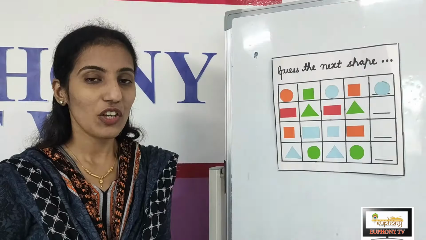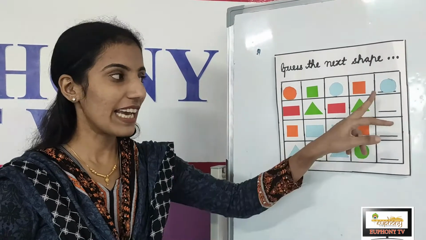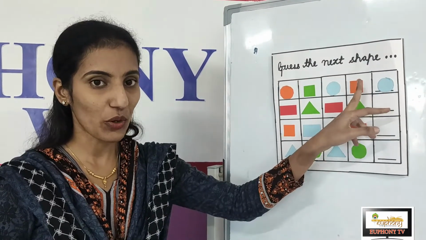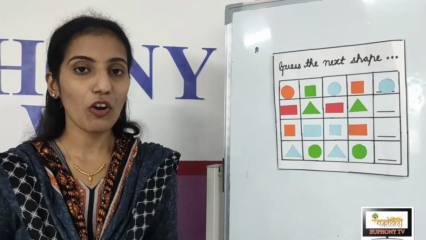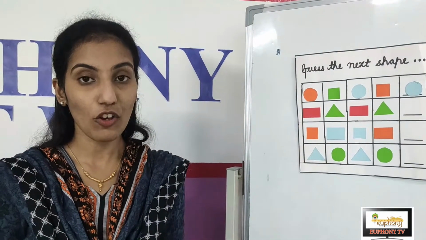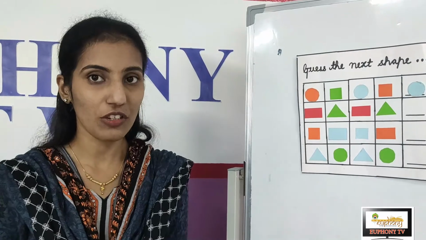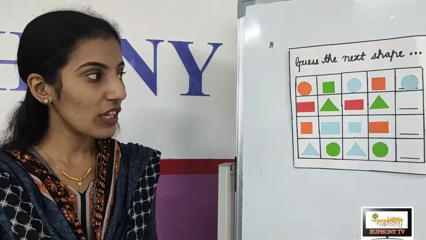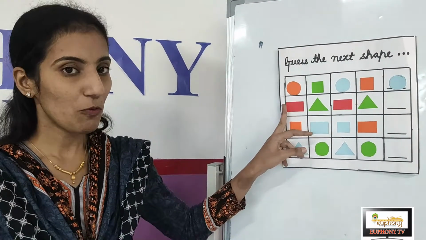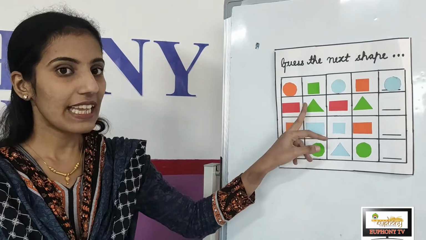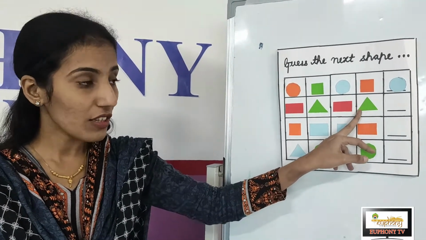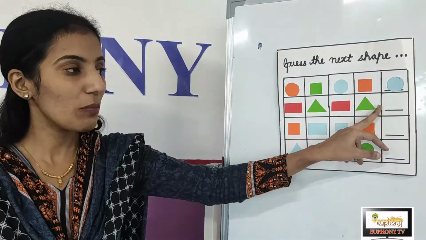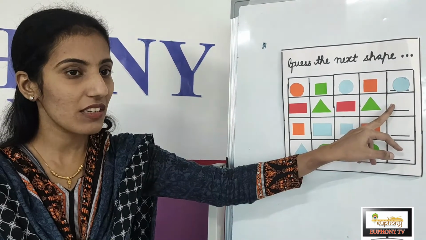So kids, you need to guess the next shape in the series, okay? The shape pattern. This helps you to develop your cognitive thinking skills and your hand and eye coordination. So let's go to the next shape pattern. First we have a rectangle, then a triangle, then a rectangle, then a triangle. So can you tell me which will be the next shape in the shape pattern?